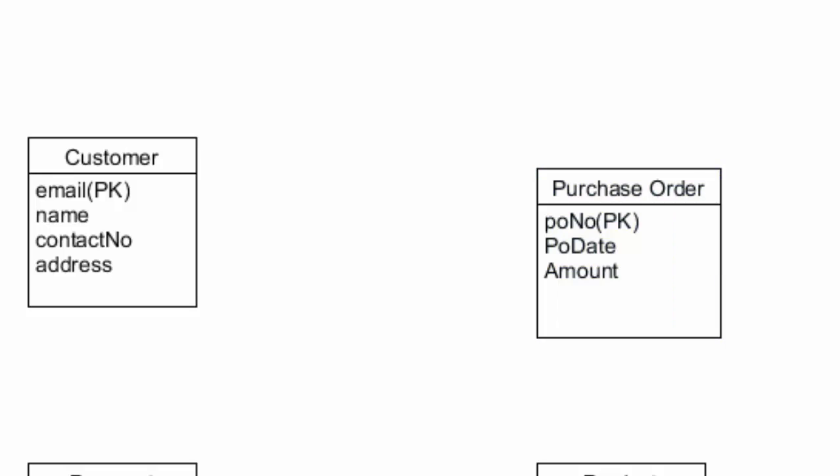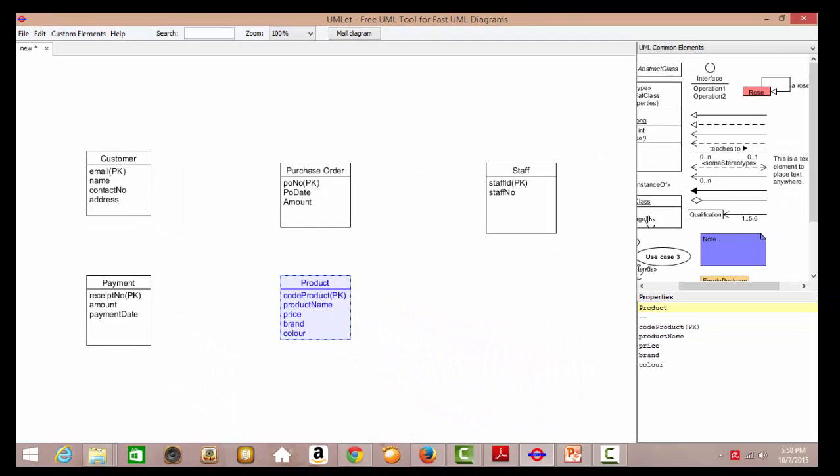And it goes same to the staff. The attribute was staff ID as a PK and staff number. Then attribute for payment, receipt number as PK, amounts, payment date. Also with product code as PK, product name, price, brand, color. After we identify all the entity and attribute, we will do